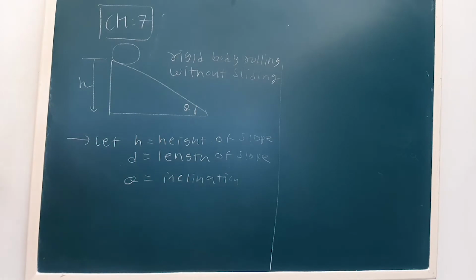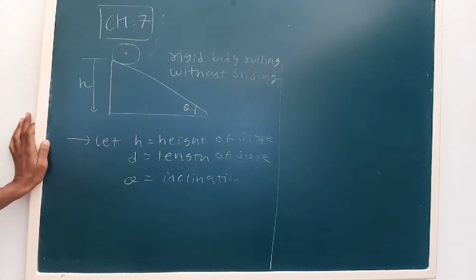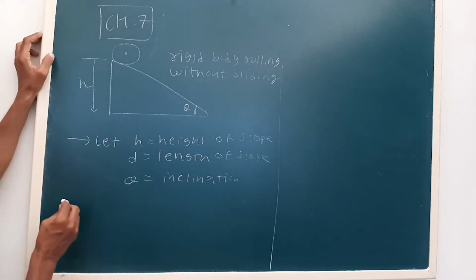Now we assume that the rigid body rotates about its center of mass. See, at the bottom of the slope,